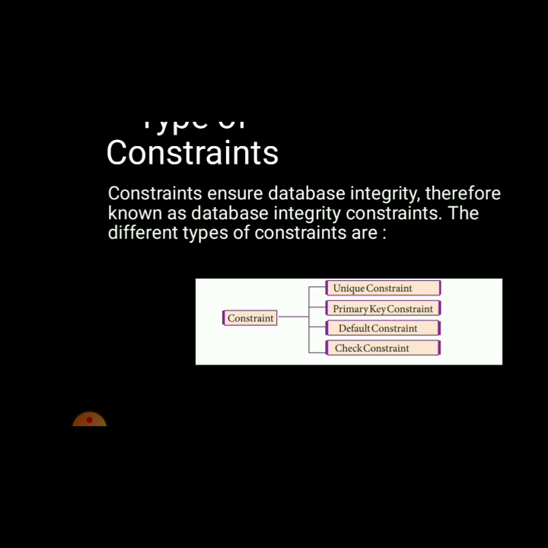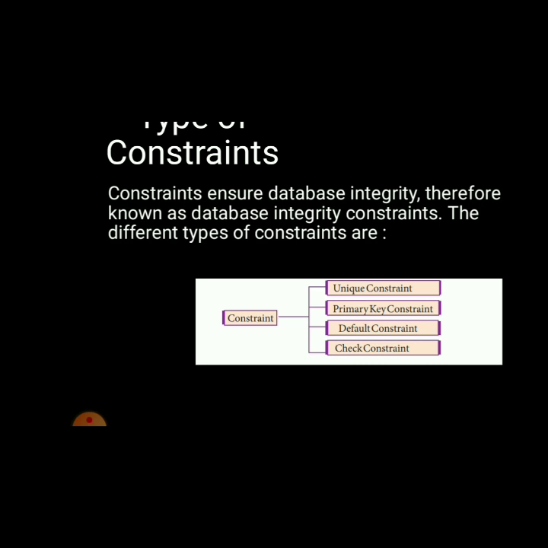Next one is primary key. This constraint declares a field as a primary key, which helps to uniquely identify a record. It is similar to the unique constraint, except that only one field of a table can be set as primary key. The primary key does not allow null values, and therefore a field declared as a primary key must have the not null constraint, so wherever we give the primary key constraint, it is followed by the keyword not null.